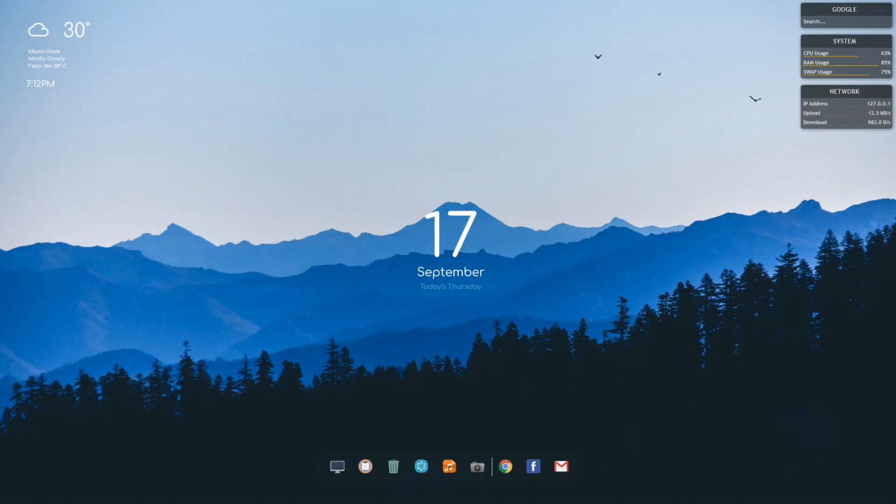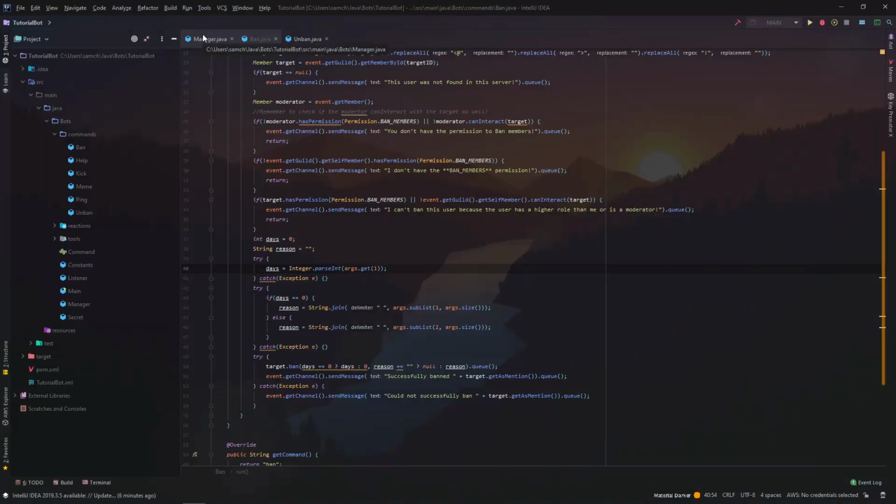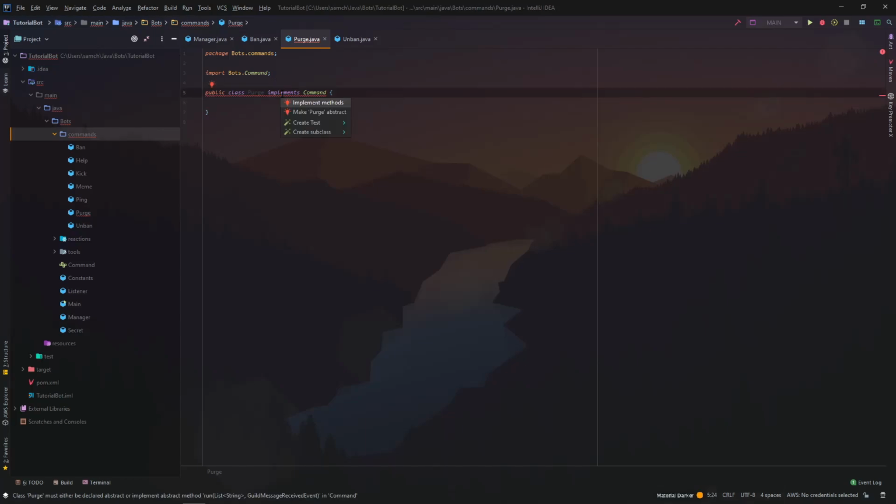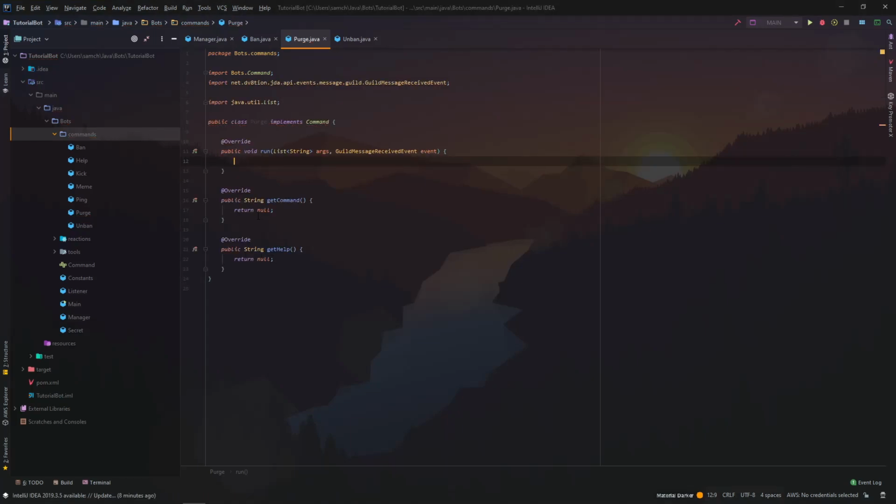Alright, first things first, we have to open up IntelliJ and make a new class in the commands package. We're just going to name it Purge. This Purge is going to implement the command interface, and once we're done with that, we have to implement all the methods of the command interface. So we're just going to automate that. For our get command, we're just going to do purge. And for our help command,